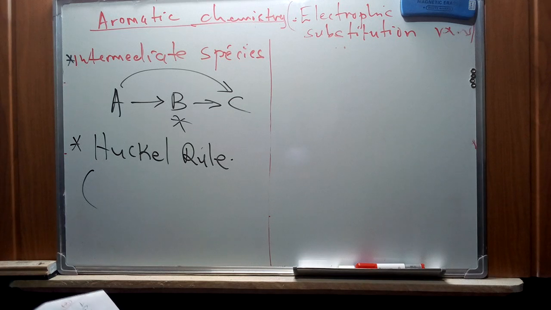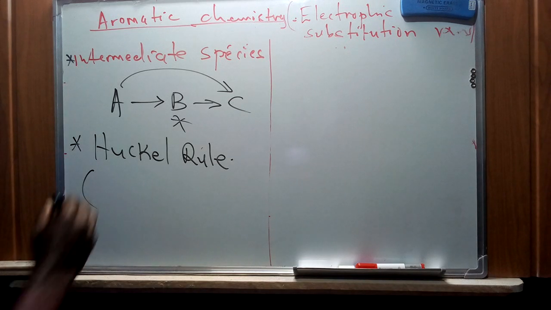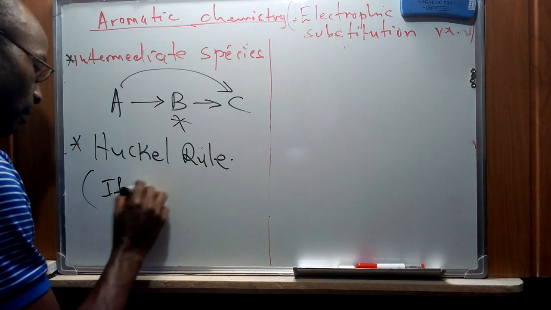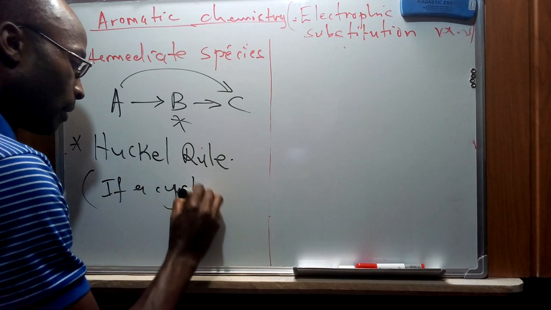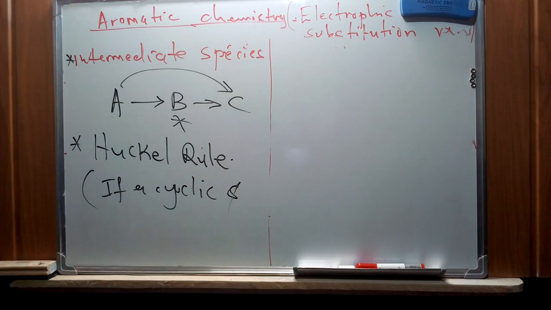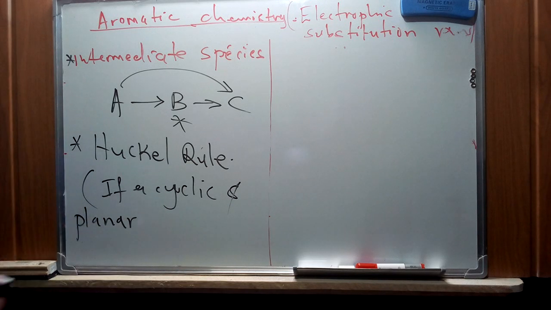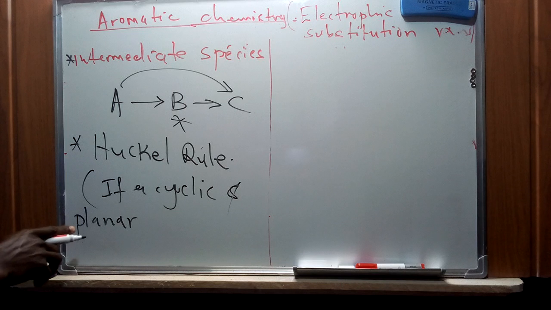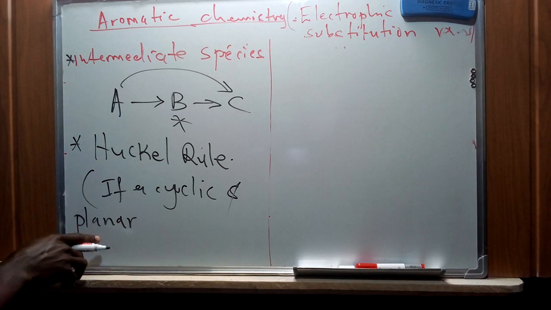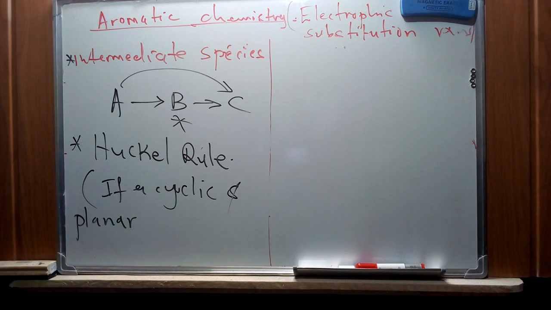This rule states that if a cyclic planar, where planar is derived from the term plane in geometry, meaning a two-dimensional structure that runs in all directions indefinitely,